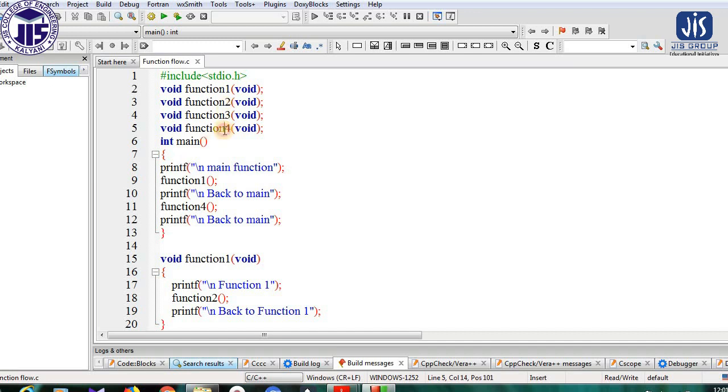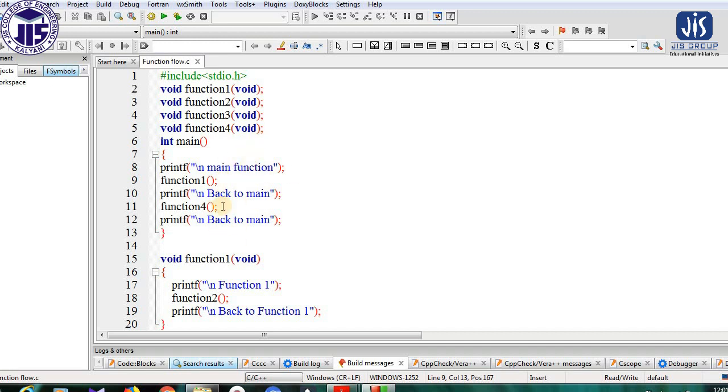But if I click on function 1, 2, 3, 4, you can see we are not getting any predefined syntax here because these functions are written by us. The syntax it is giving is similar to whatever we have written here. So that function we have defined, we can see it here. But whenever we come here, it is giving some predefined syntax. So that is the difference between a library function and a user defined function.